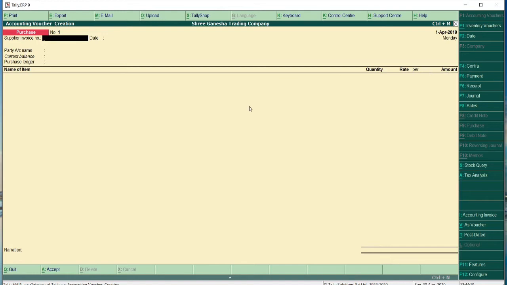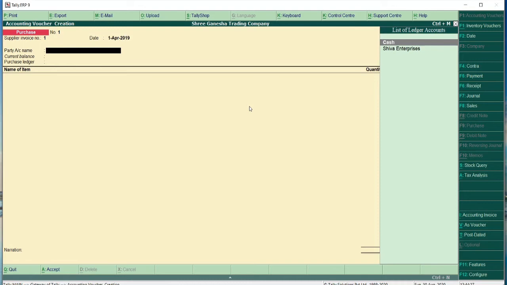I am just simply putting 1 as the supplier invoice number. The date of the transaction is 1st April. I am pressing the enter key. Then I am selecting Shiva Enterprises which I have created.